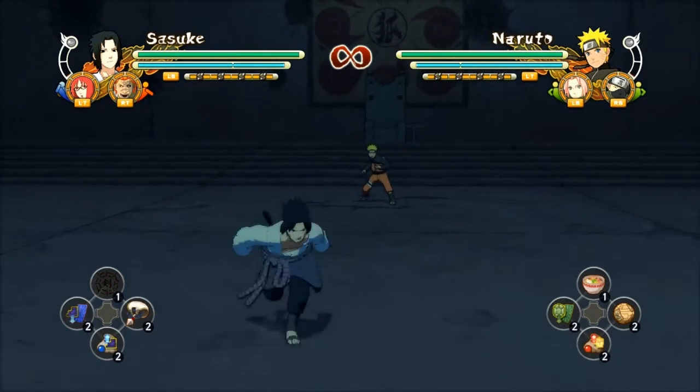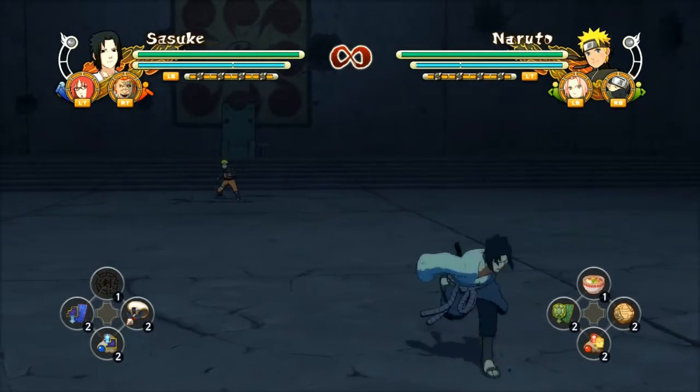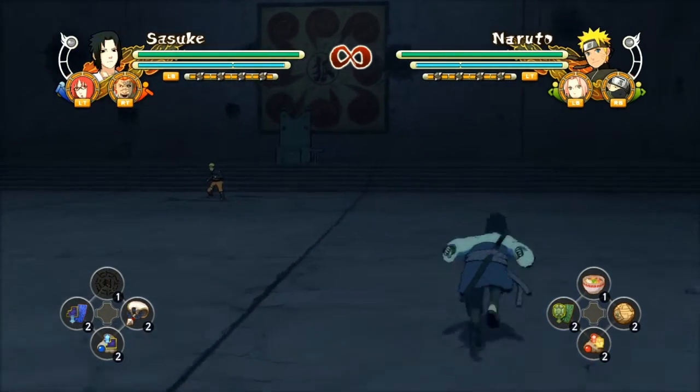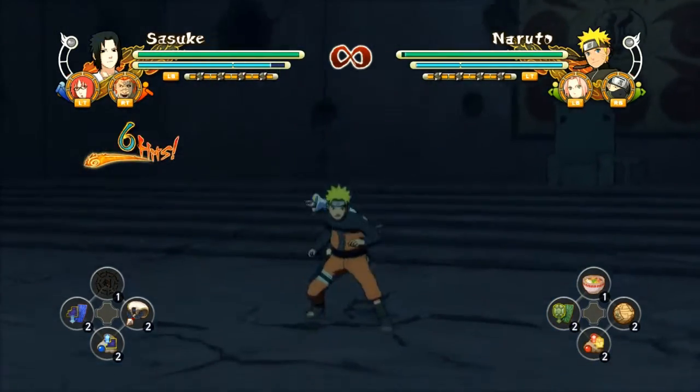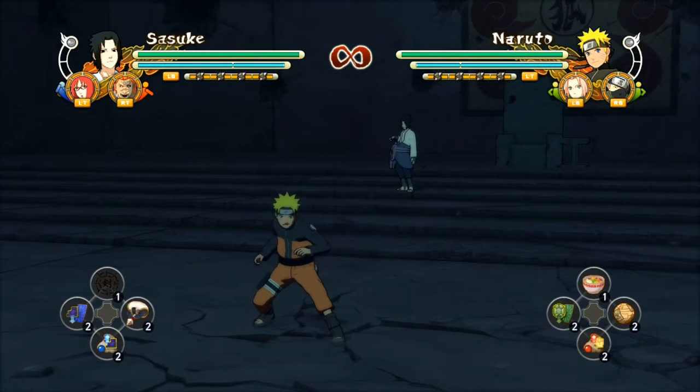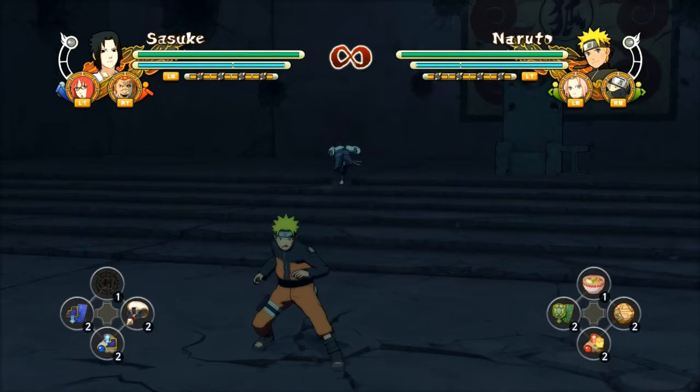Now, here's a nice trick. If you're annoyed with guard types blocking your dashes, you can go into the air and then throw Chakra Shuriken whilst you're in that dash. This works with all characters, but it works best with Sasuke because he gets that little